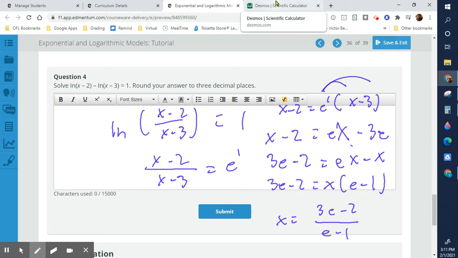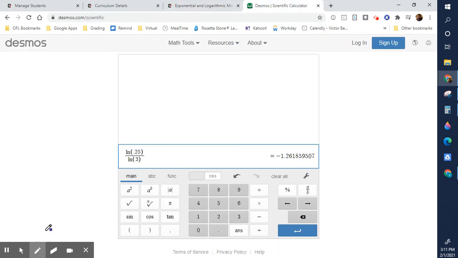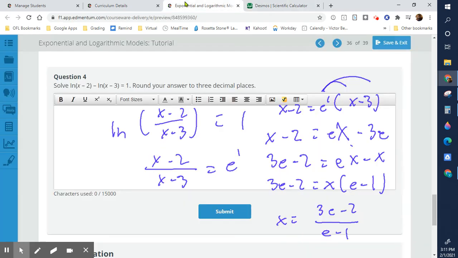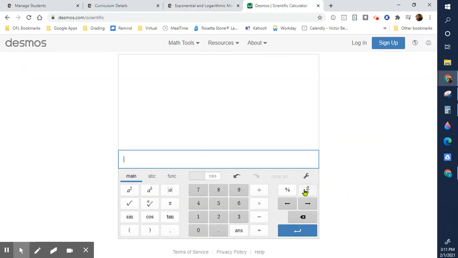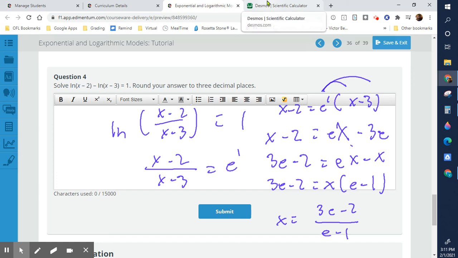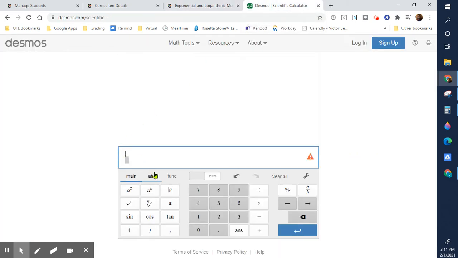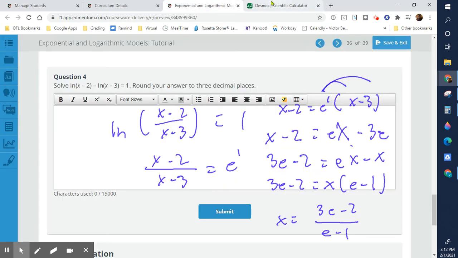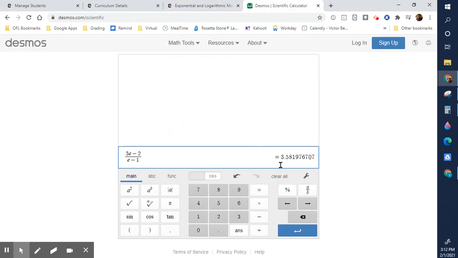Moving on. I haven't even solved this yet. I'm going to clear that out. I have a big fraction here, so might as well hit the fraction button now. 3e minus 2 over e minus 1. So I get, how many decimal places does it want? 3 decimal places. I get